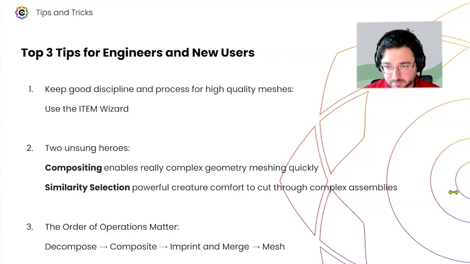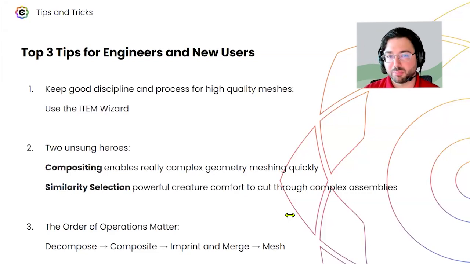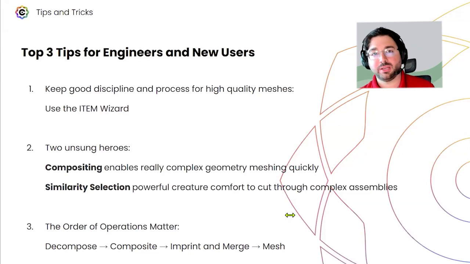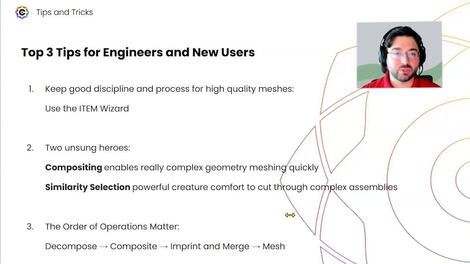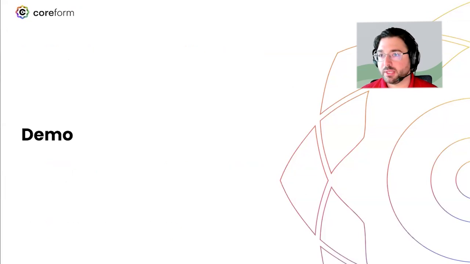And finally, I want to emphasize again that the order of operations matter. So decomposing, then compositing, then imprinting and merging and meshing, keeping that high level thought process in mind is important, because if you do it in different orders, you may have to backtrack, or it might create meshes that you don't intend, and it can introduce some difficulty. So there's a lot of nuance to meshing that I think Coreform Cubit does a pretty good job of keeping in line for you. So with that, I'm going to jump into this brief demo to show this flow in